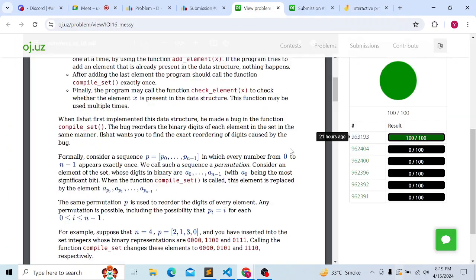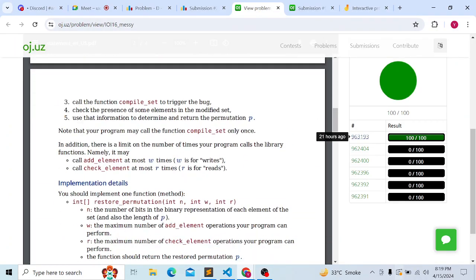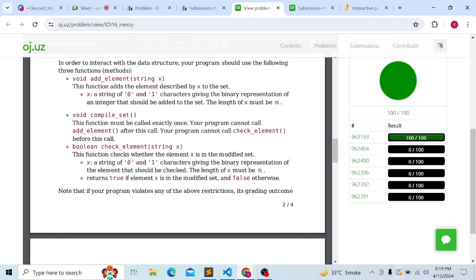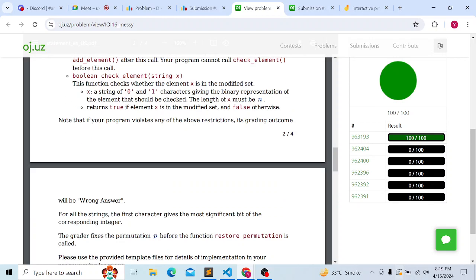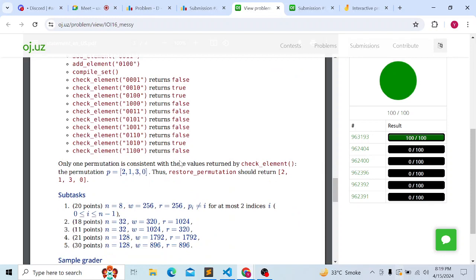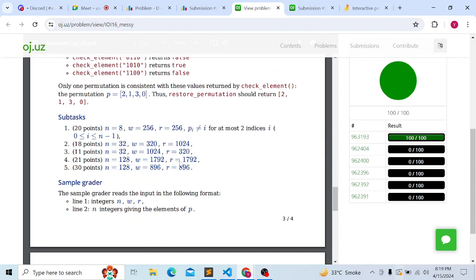And there are some subtasks as well. This is the adding element function, which you run, so that after that they will shuffle the bits. And this is checking an element, and then you need to return P. So let's see the constraints. So the first approach,